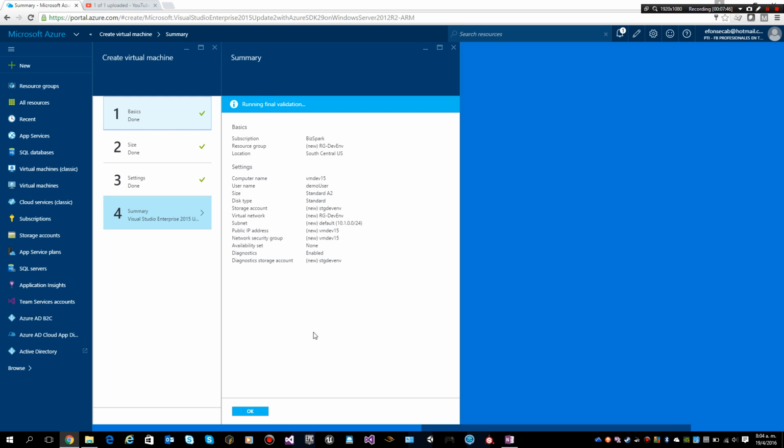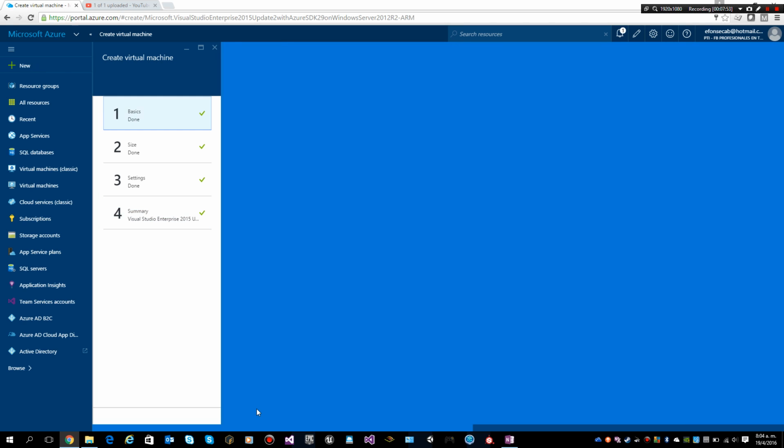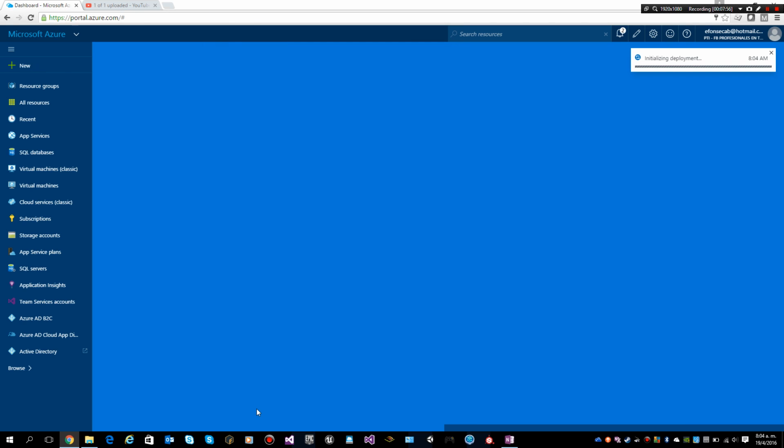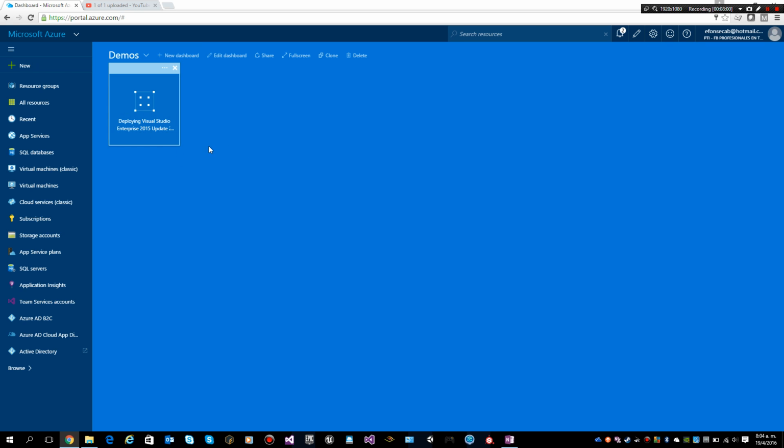It will show us a summary of what we selected, so we can confirm I am okay with everything. We click OK, and the virtual machine is going to start being deployed, right? So we see that the virtual machine is being created, and after a while, we will be able to connect